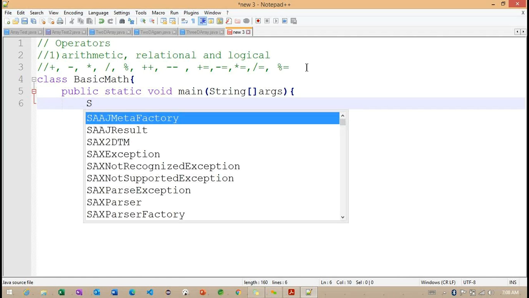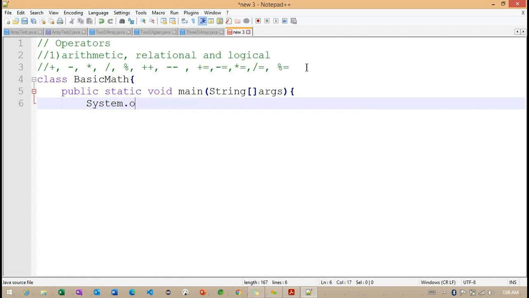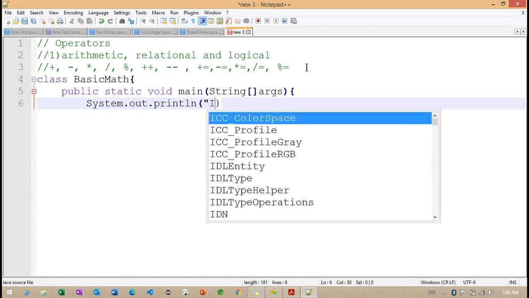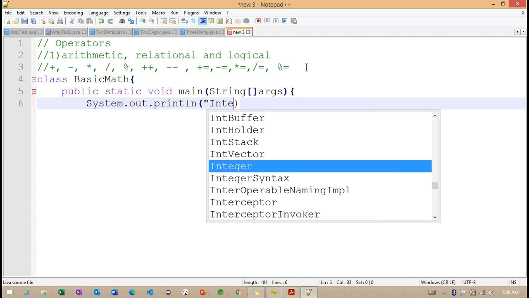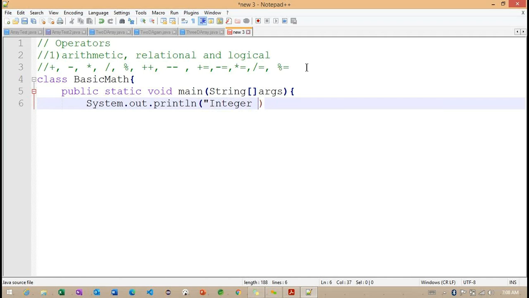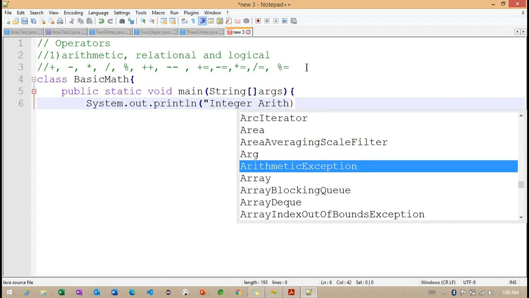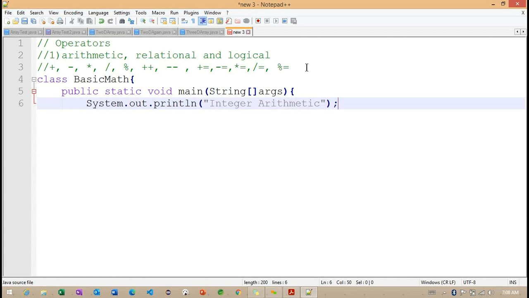Here I will print a message using System.out.println: Integer arithmetic.